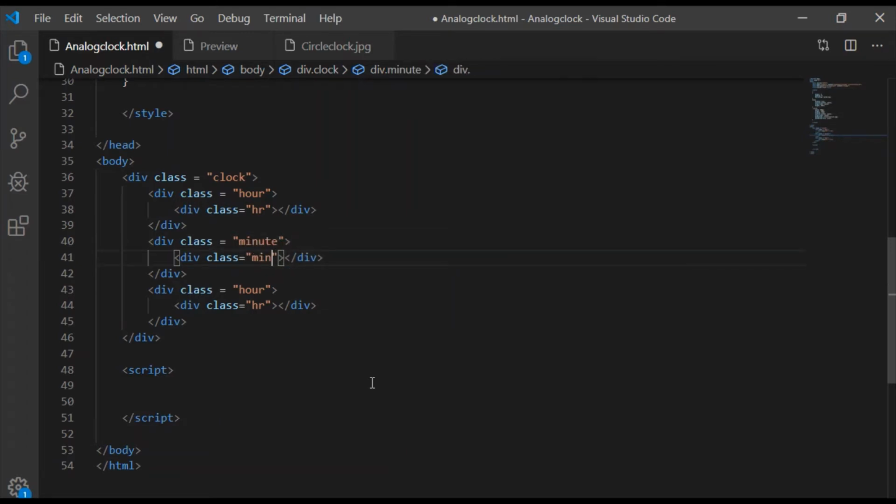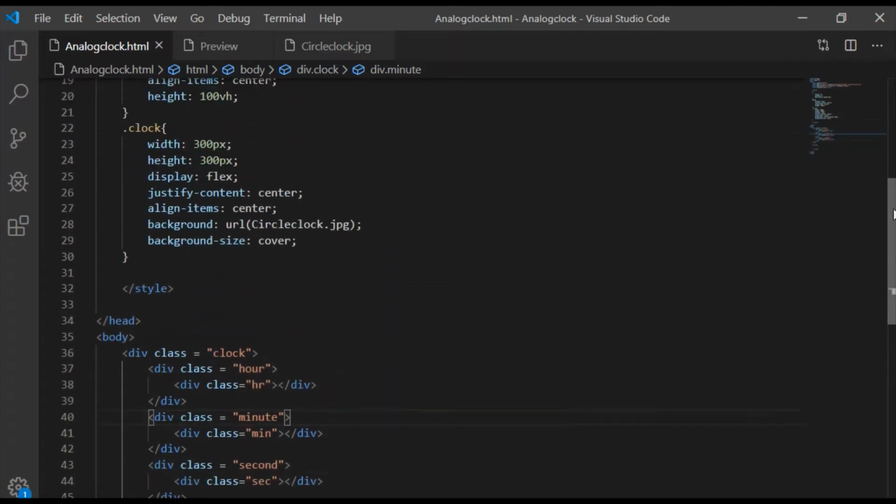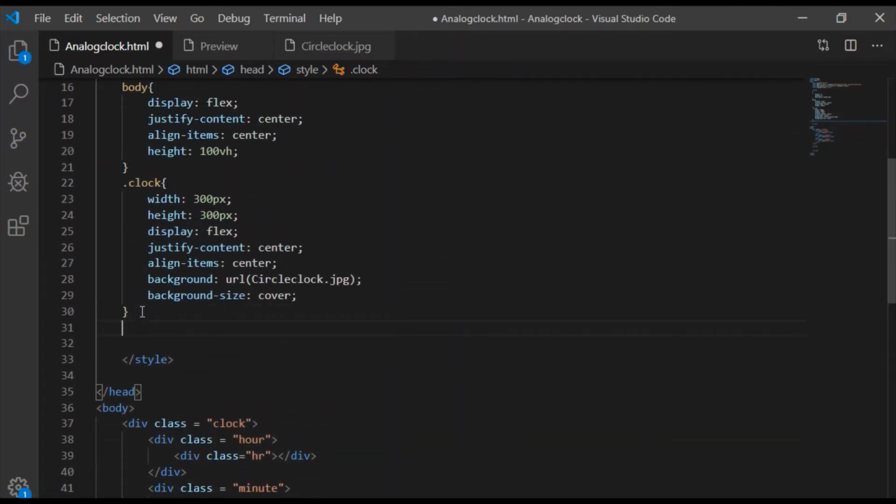Similarly, minute provides the area or the container for the movable hand min. The seconds container provides the movable area for sec.